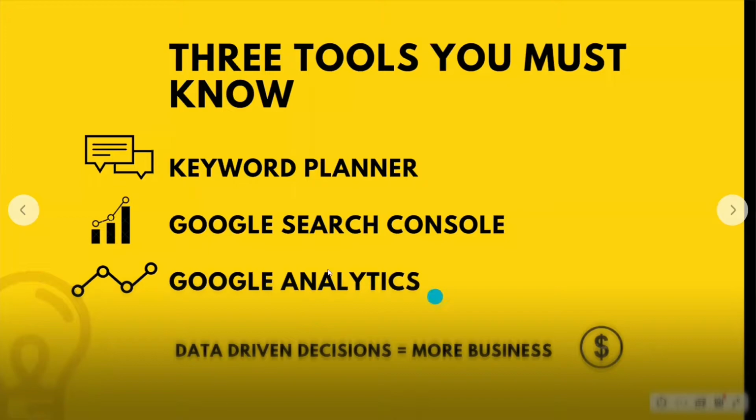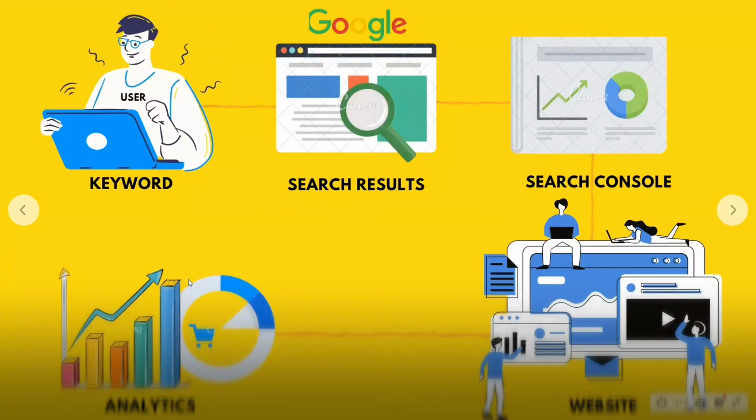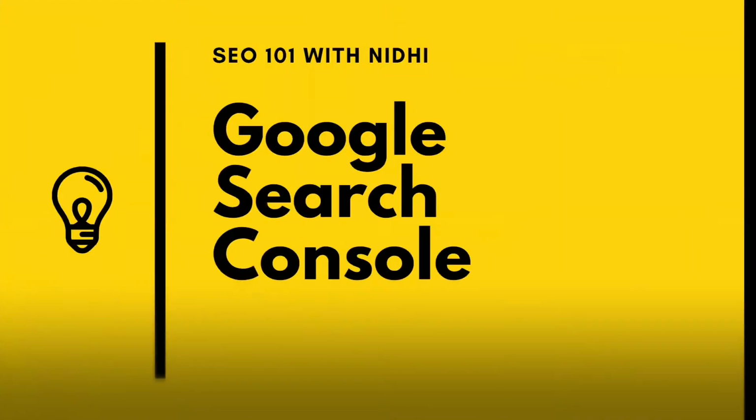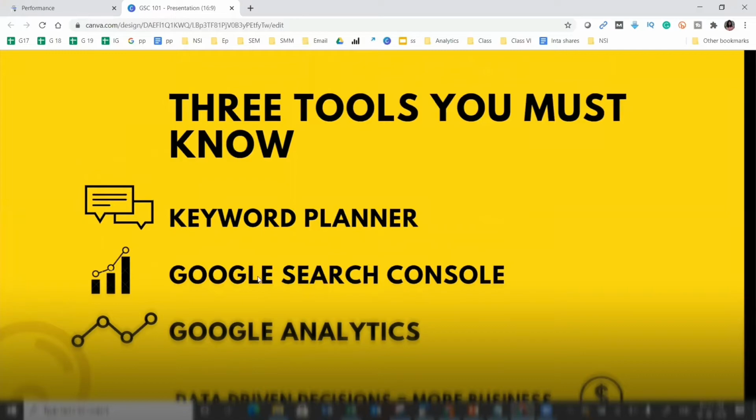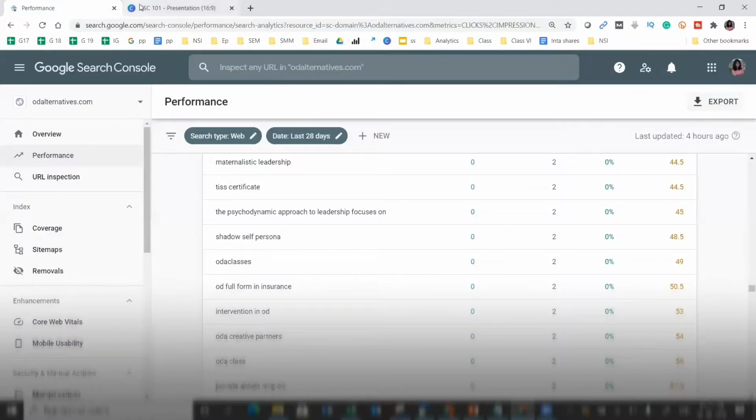we moved to Google Analytics to see where the traffic is coming from and how they are navigating. And now we are talking about Search Console, which will tell us which keywords my site is ranking for. After I tried ranking for XYZ keywords, is my site ranking for XYZ or any other keywords? So those are my three most important must-know tools by Google. All of these are free, and these are extremely important to take data-driven decisions to increase business. So without further ado, let's quickly move on to